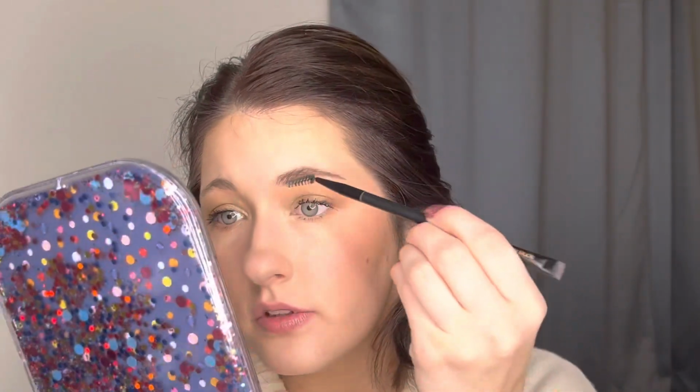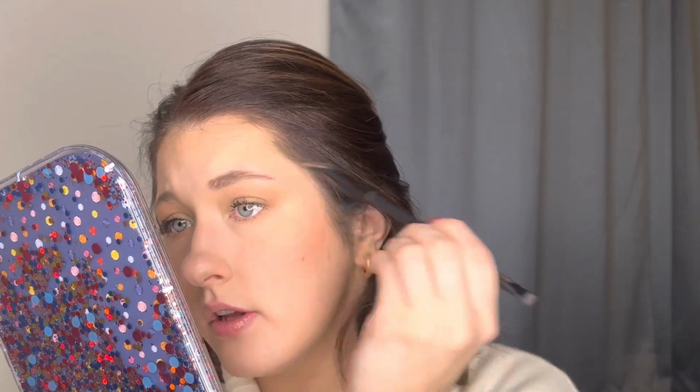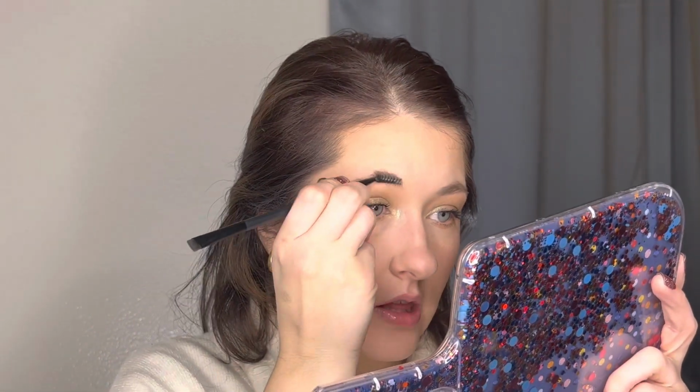Alright, see, that was like a minute just of really quickly applying some product to my brows, and you can see how much more defined they are. It's still really light brow. I don't like a super heavy, sculpted, straight-lined brow. The hardest part about doing my brows like that is getting them to look somewhat even, because my brows are not